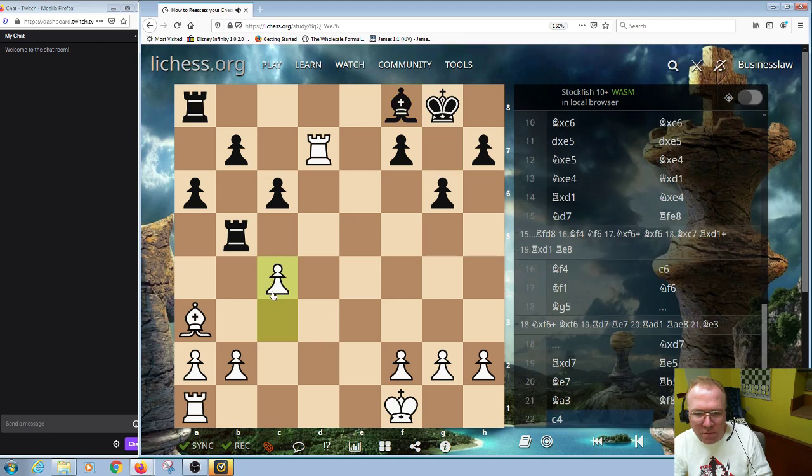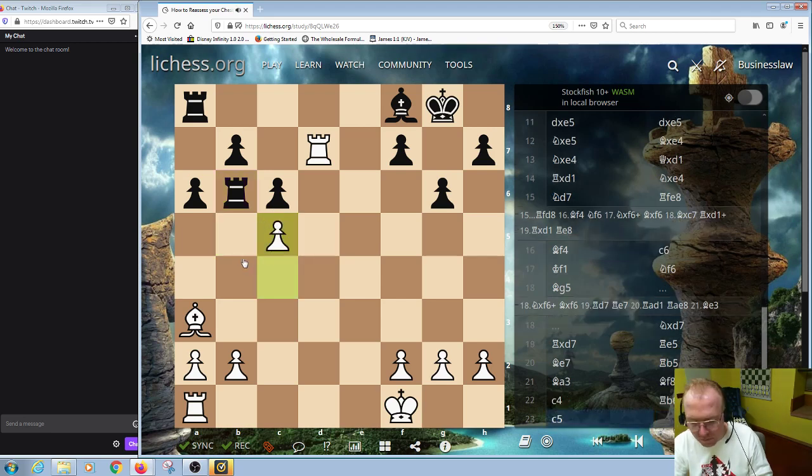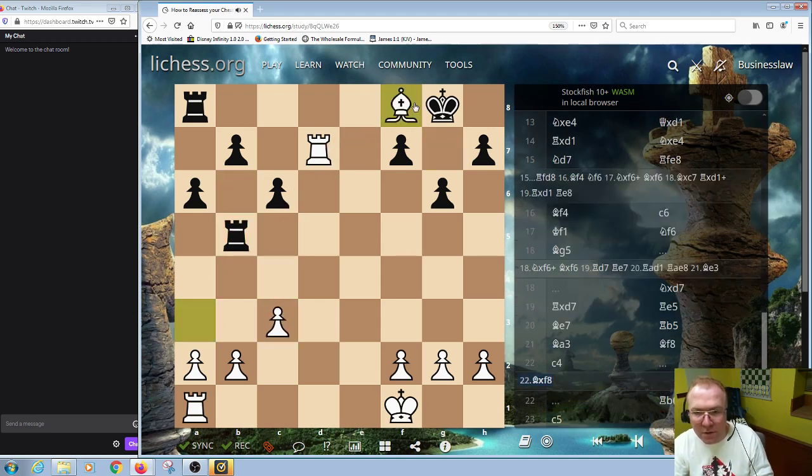c4 was actually played at this point, and then b6, and then c5 to shut down this position. A draw also results from this position here. King takes, king takes,